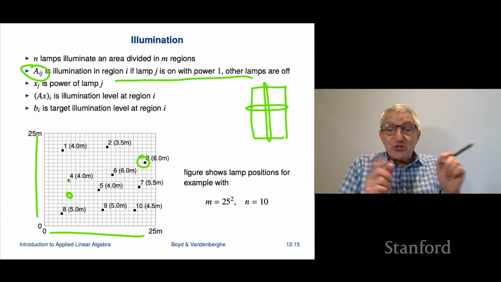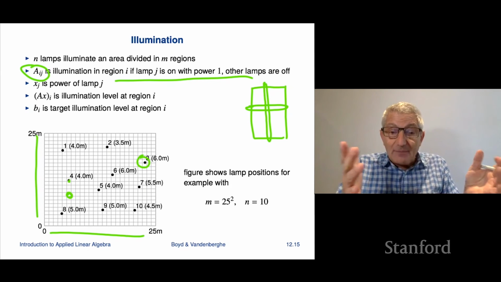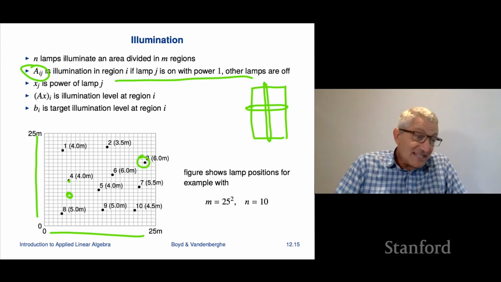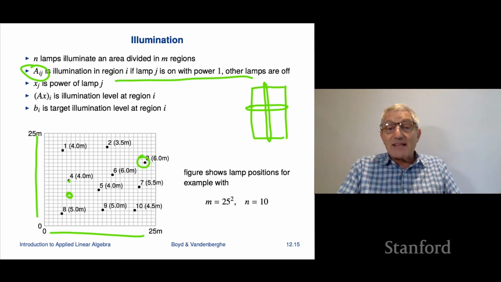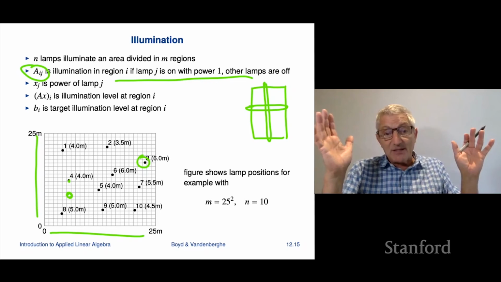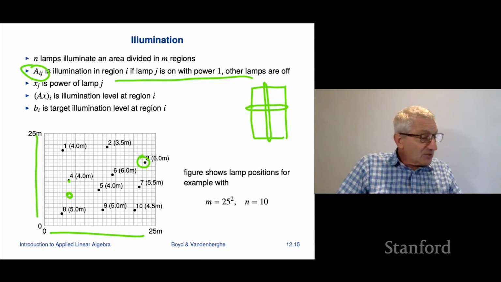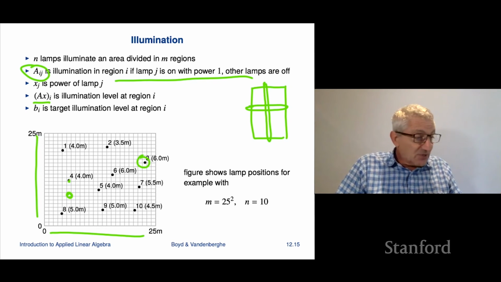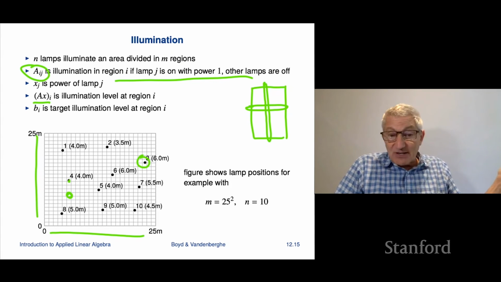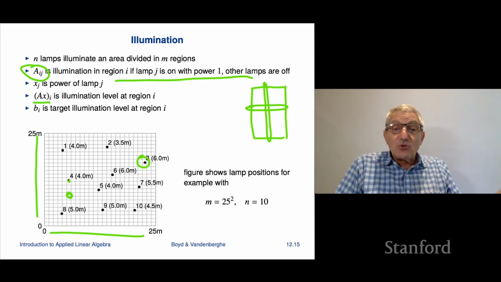A row tells you the lighting efficiency of all of your lamps for a particular pixel or region. Okay, that's it. And if I multiply A by x, that means I add the power levels. Each lamp is spraying light down, and I just add up the illumination levels. And Ax gives me a vector, a 625 vector in this particular example. M is 625, and basically it says that this is the illumination pattern you get if you use power